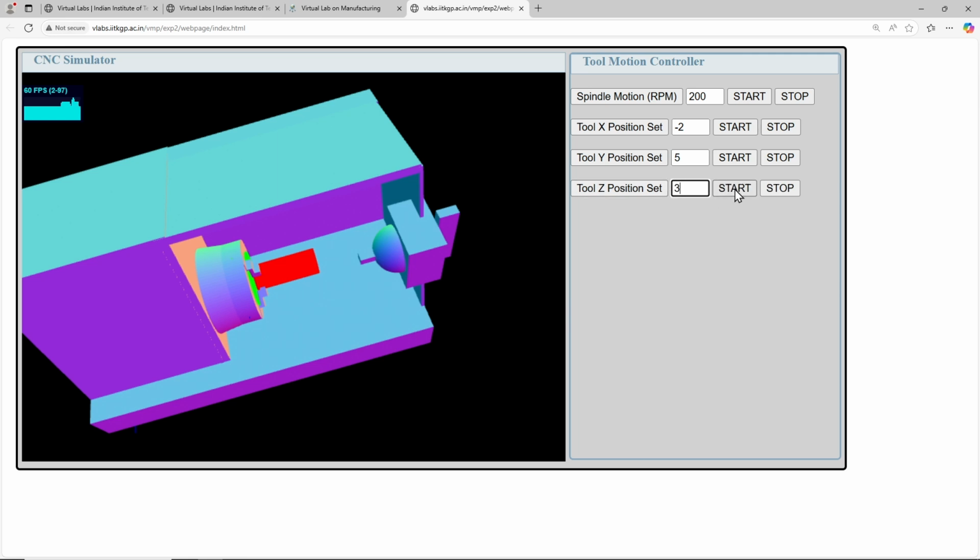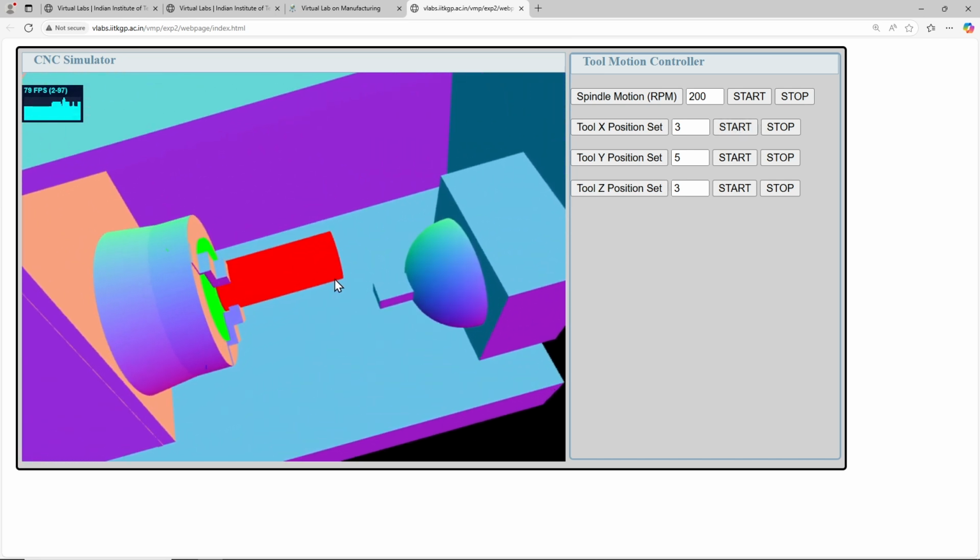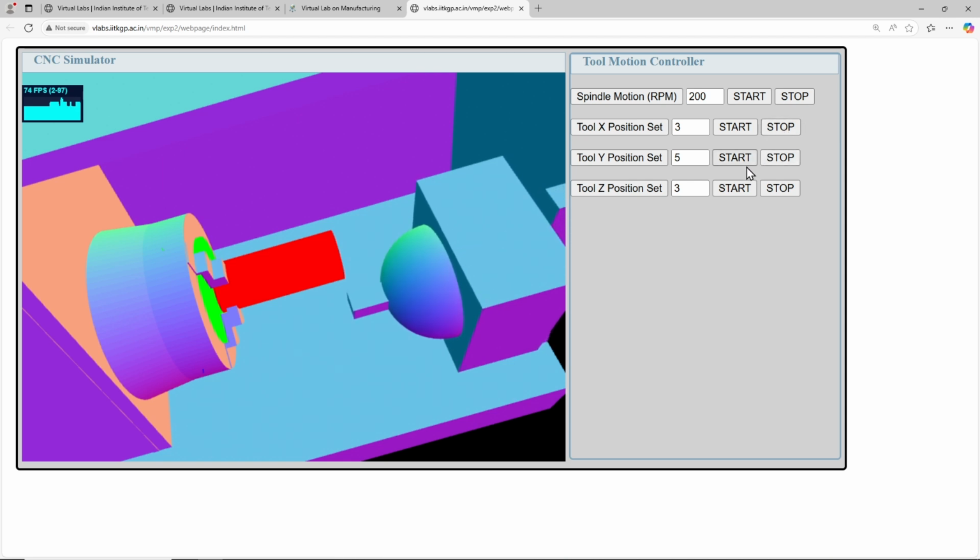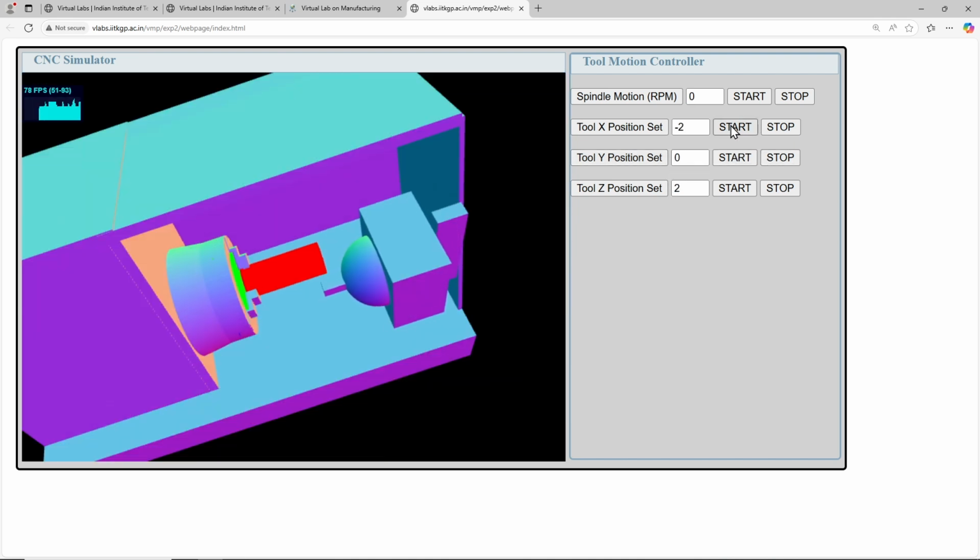This also will bring it more to the left side. Stop. Then I will bring the X position close, a little faster at a speed of 3. Stop. Now, slowly moving in the Y direction. Towards the negative side, I have to put -1 here. So, this is where my tool touches. This was just a CNC setup.